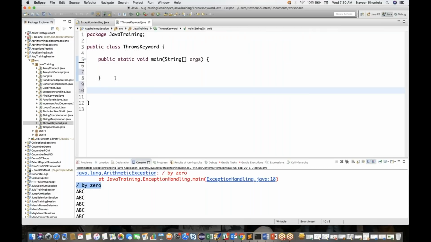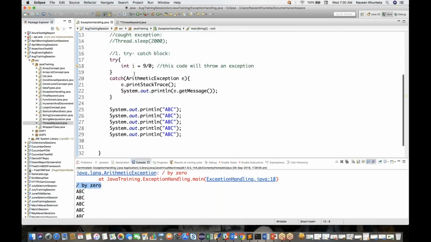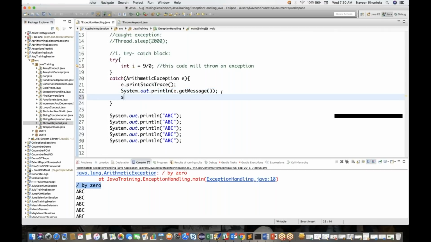I don't know if you guys have heard about it. The throws keyword is also used to handle the exception, but in the throws keyword we don't report anything. There is no option to report anything. But in try catch block we can report that yes, an exception is coming, it comes inside the catch block, and then whatever you want to print, you can print it over here. You can print your own message also. Let's say System.out.println,